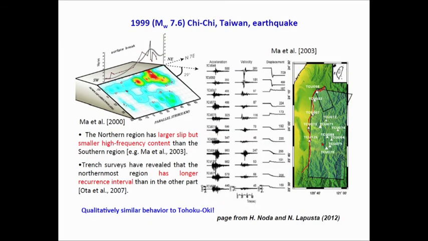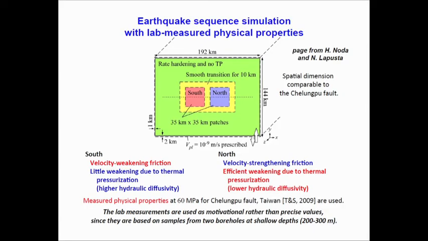A sign of that difference in property directly in the seismology is when you look at recorded seismograms, those radiated when the rupture was in the more southern part have a lot of high frequency content compared to those radiated when the rupture was in the more northern part. But the amount of slip contoured here is much greater in the north than in the south. So that's a puzzle, and they tried to study that kind of thing through simulations